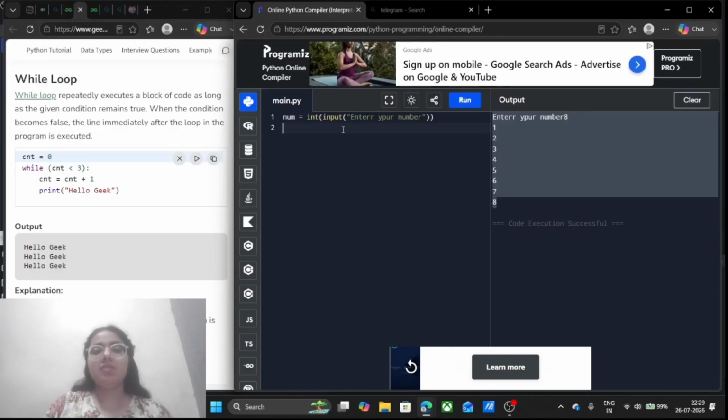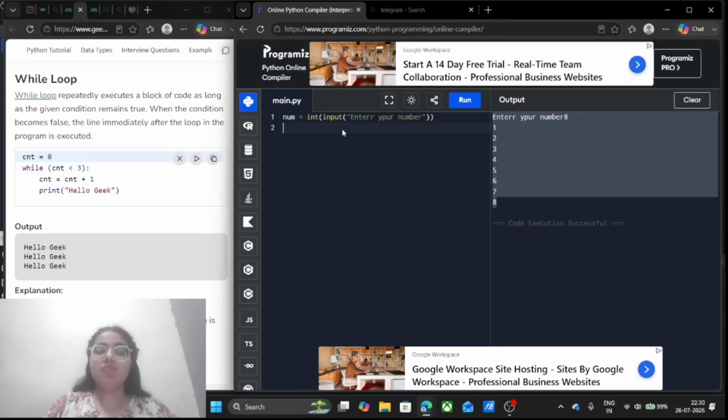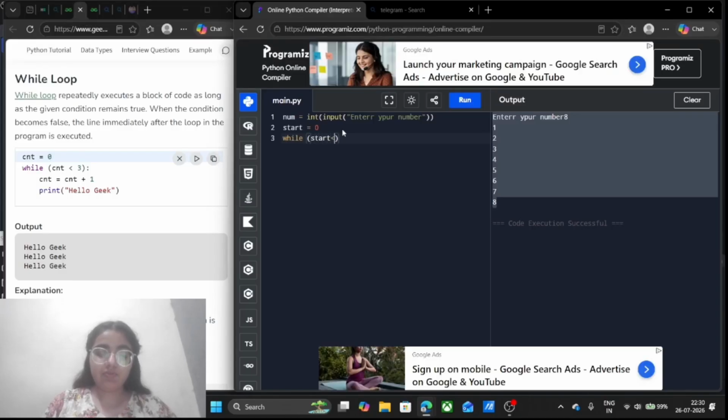Now we will write the same using the while loop. How does the while loop work? Actually, in the while loop, we write the condition. We do not write the range or anything. We just write the condition. For example, here we will write start = 0. It means we are going to start from 0 and go till the number, while start is less than